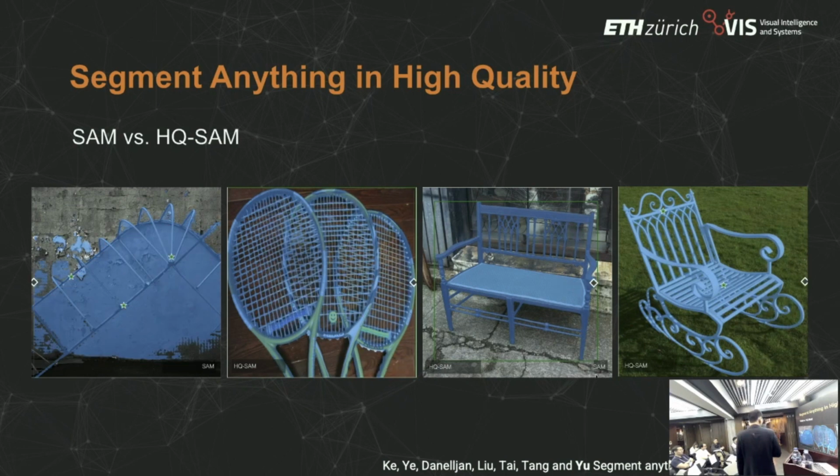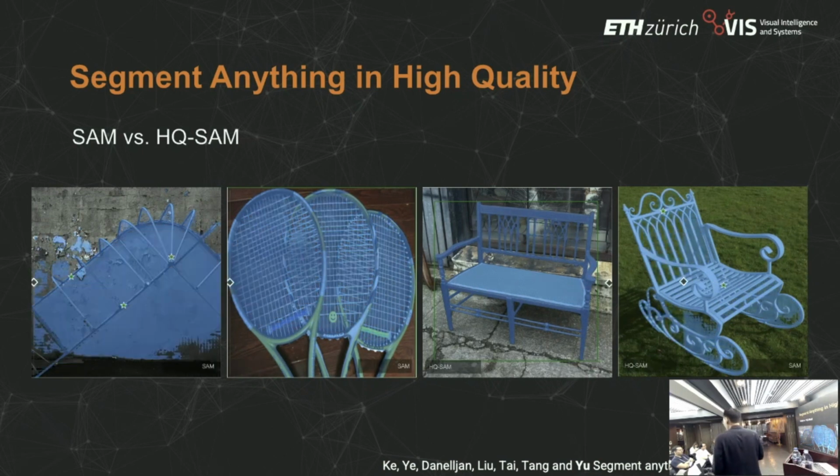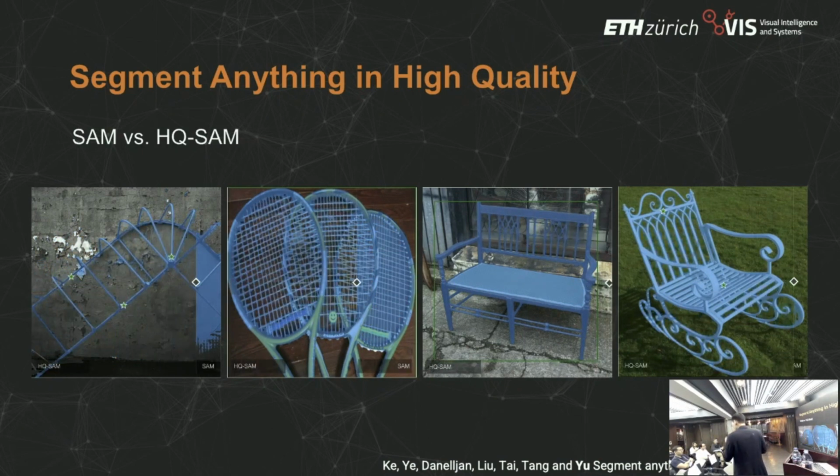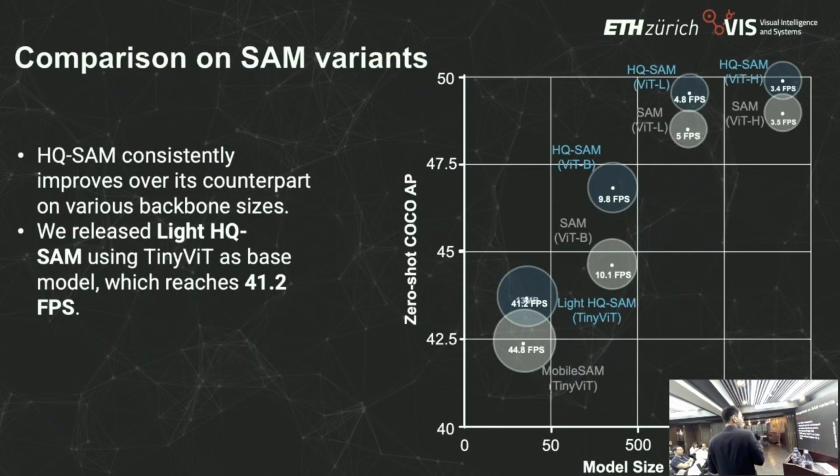So you can see that indeed, after our processing, first of all, we can get very good performance on the fine details. And at the same time, we can still preserve the performance on COCO and even improve it, because now our method can not only still work on those objects, but also recover the small details on those objects. And here is basically the